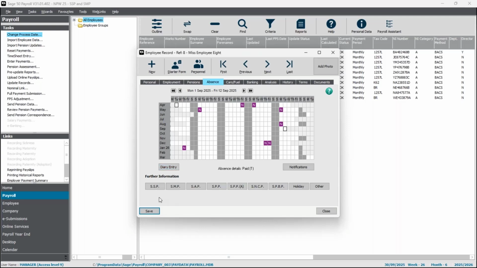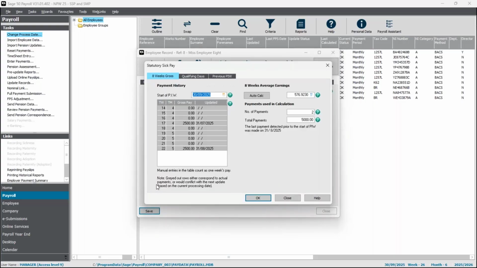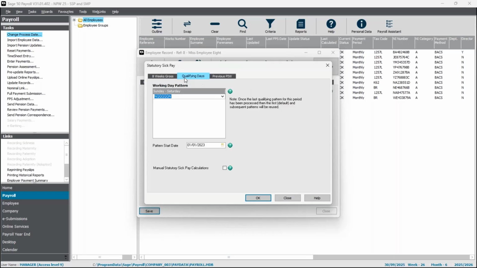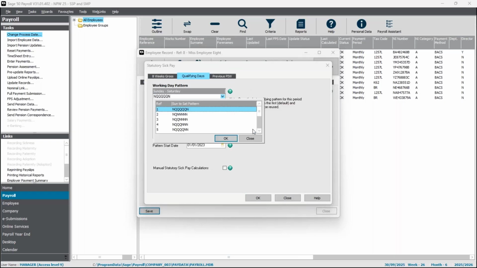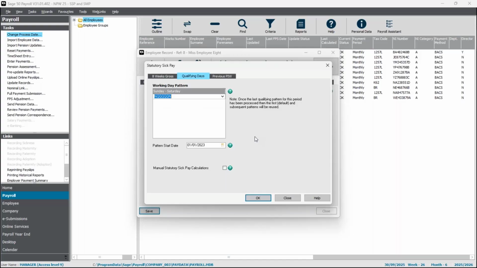Now, the other thing to do, if you need to, is to check the qualifying day pattern. So from the absence tab, if you click SSP, you'll actually find the qualifying days section here. So I've just got a standard Monday to Friday pattern just here. You can choose any other pattern in this list, or you can enter your own by simply typing N's and Q's on the relevant days, along with the pattern start date for patterns that last more than 1 week. So I'm going to stick with the standard one,